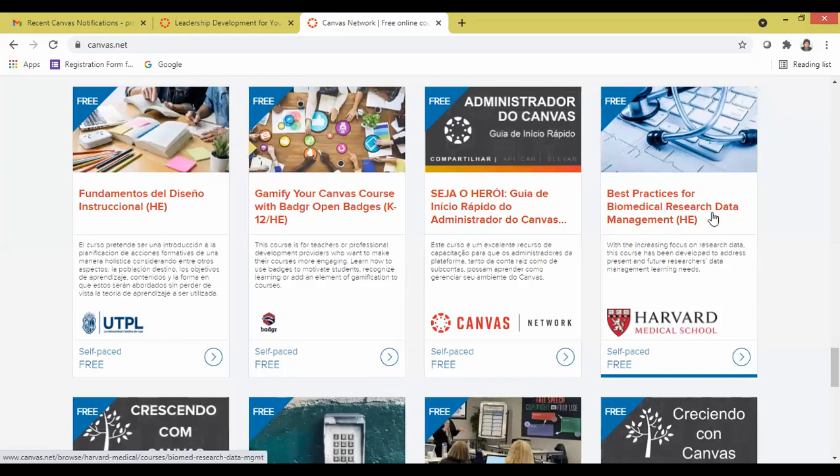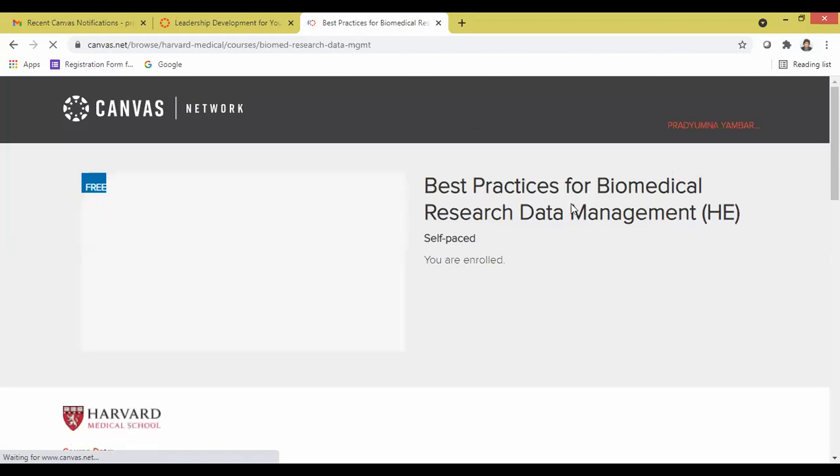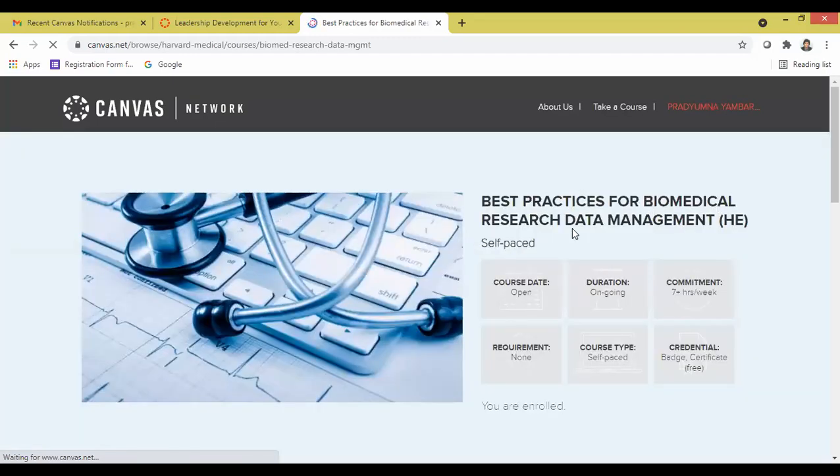The course is biomedical research data management. It all depends on how many patients are entering the hospital and how many are cured. Everything is online. This course is the latest trending one, and Harvard University is an international one. You can verify it through the internet and everywhere. So we are going to go for this particular course first. Let me do this one.